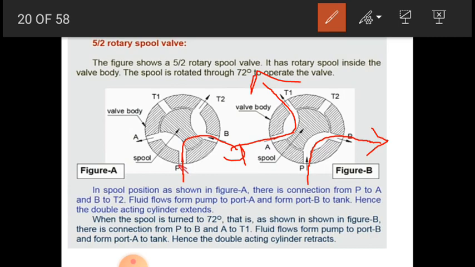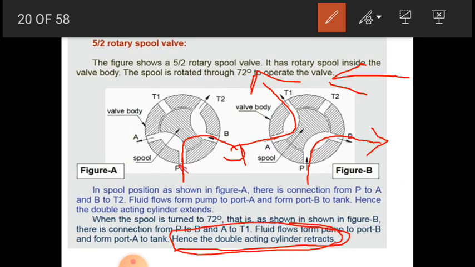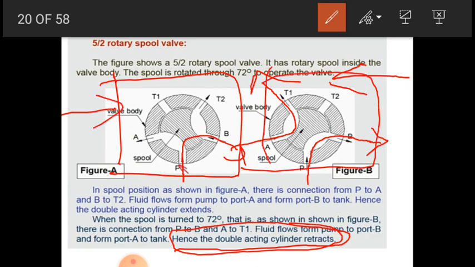The actuator retracts, as fluid flows from the pump to port B and from port A to tank. In this way, one arrangement is used for the forward direction of the actuator, and the other for retraction of the cylinder. As per the requirement, the direction can be changed.